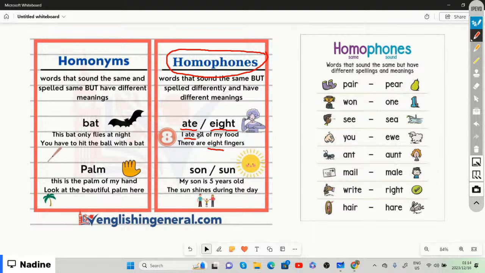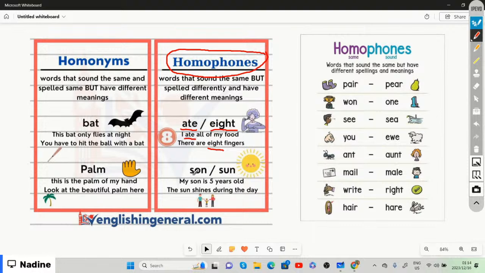Because ate is to do with eating, right? It's like you're eating food. And then the other word, eight, it's to do with the number eight. Okay, and then we have